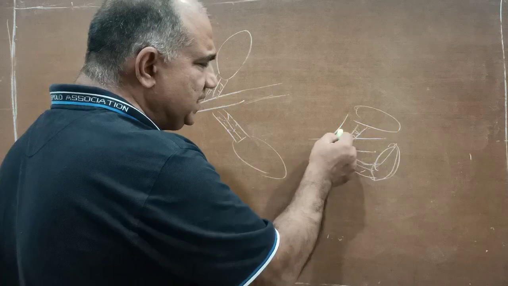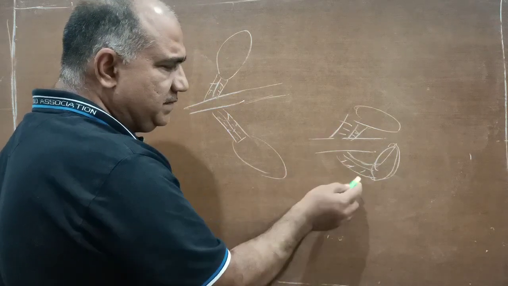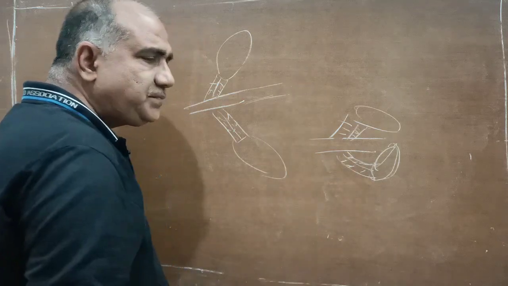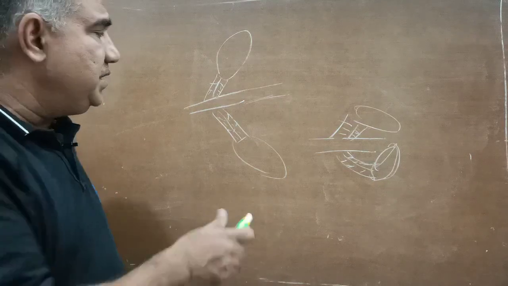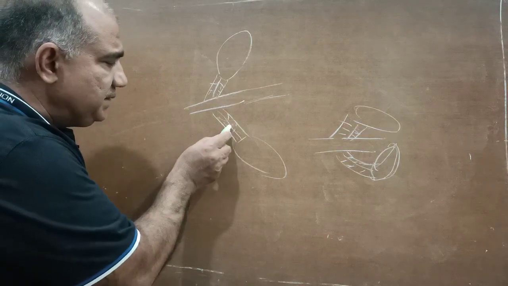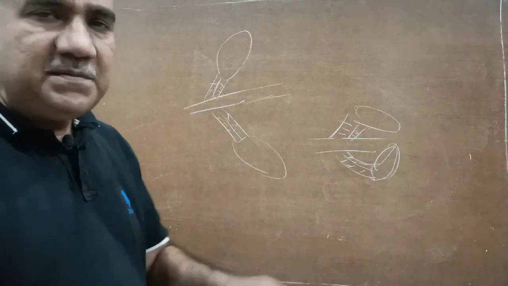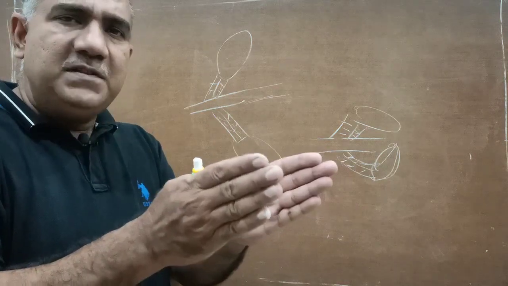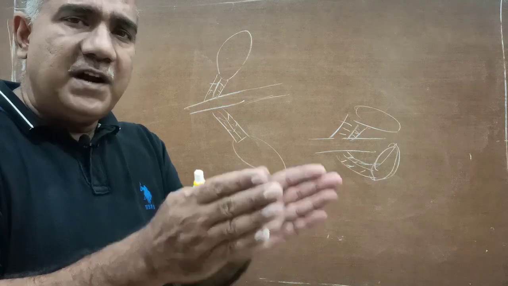A somewhat arrangement like this will take place. From this half, water will migrate to that half. From this half, water will migrate to this half. Initially, when the leaves of the plant were not touched, the amount of water in this half and this half and this half and that half was exactly equal, and because of such distribution of water, the tug of pressure being same, the base of the leaf was firm and the leaves were upright.